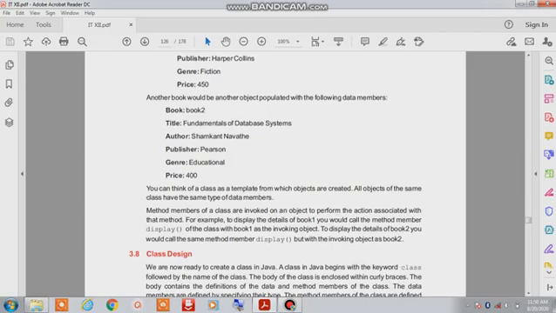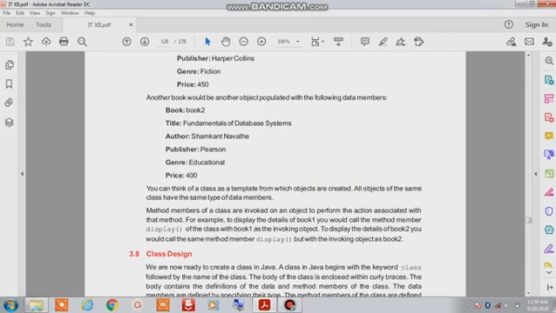If you want to display the details of the maths book and your object is math and the function is display, you will use math.display to display all the information of the math book, and you will use physics.display to display the information of the physics book.